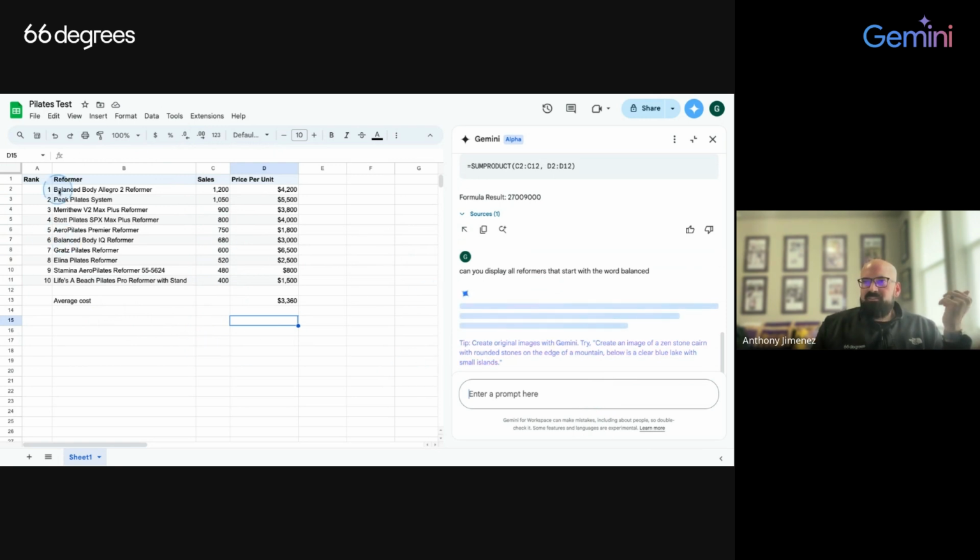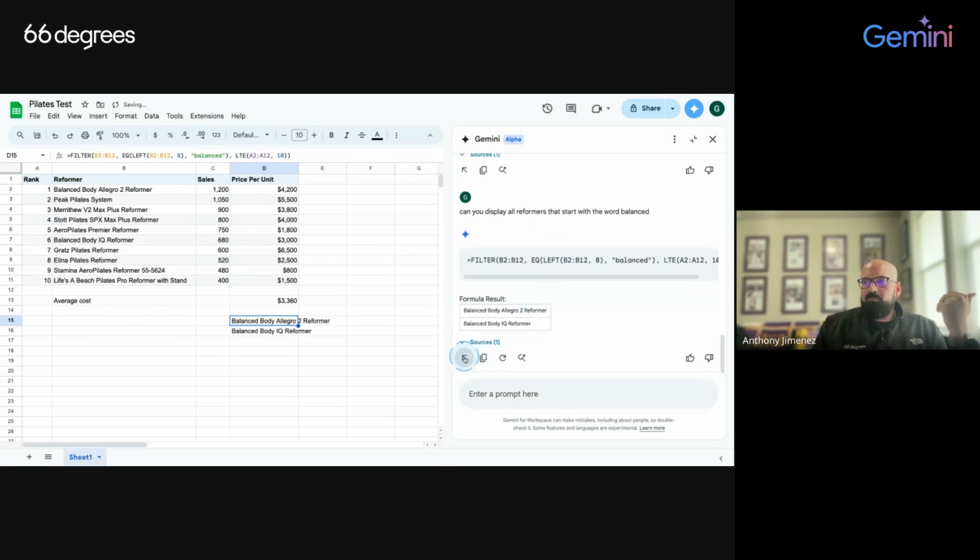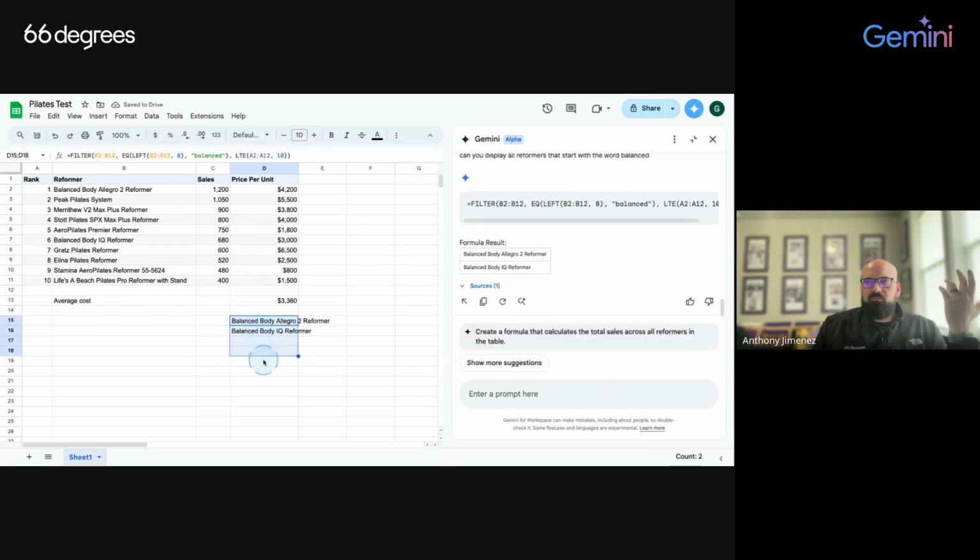Yeah, balance number 6 and balance number 1. We should get a formula back that's going to populate. And now you see we have our 2 reformers in here. So of course, if this is a really big sheet, I don't work in sheets daily, but if you're working